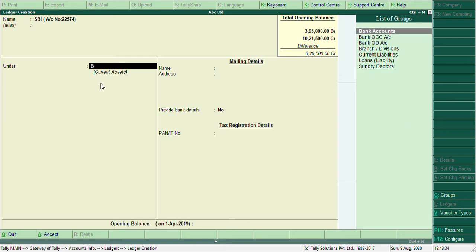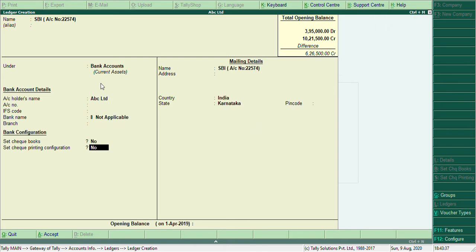Bank account, it will go under the group of bank accounts, and the details of the bank, IFSC code, account number, bank name, everything you can give over here. 3 lakh, the bank balance, 3,25,000.